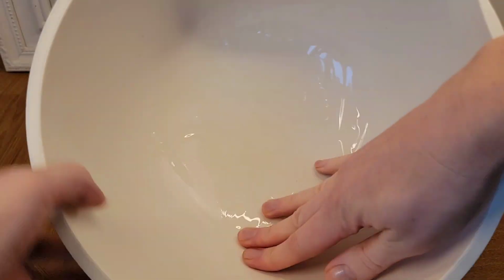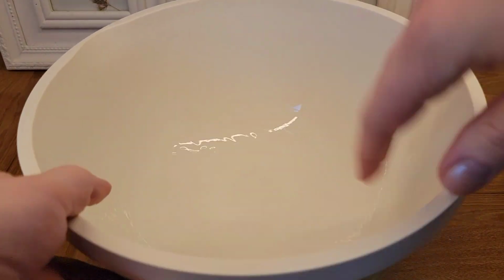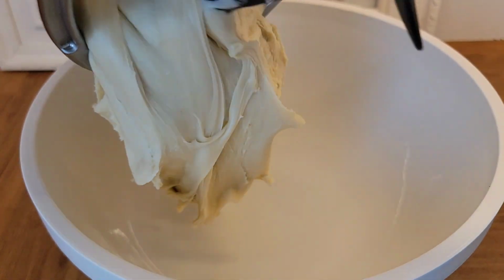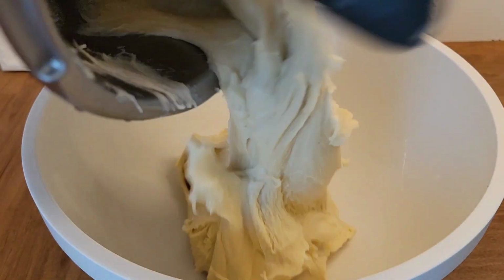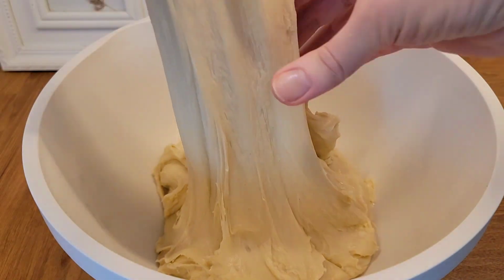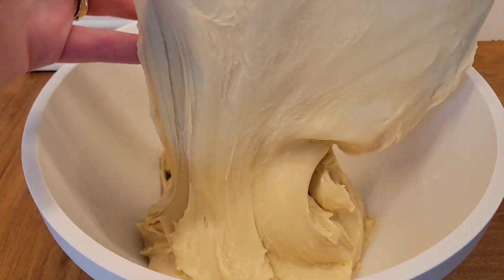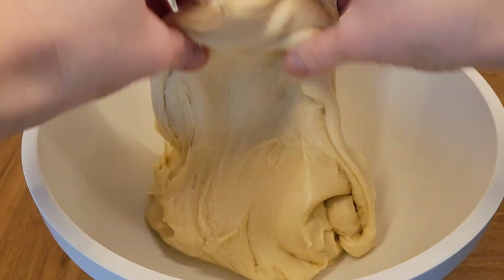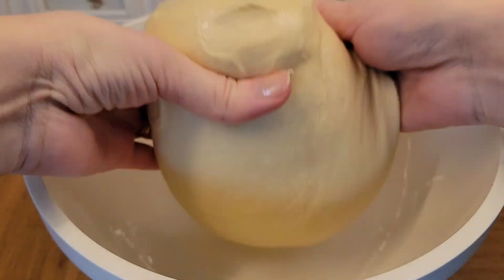So then I oil my bowl, just a little bit, a drizzle of oil so it doesn't stick to the bowl as much, and then I transfer the dough over to my bowl. It's a stretchy dough, so you can stretch it as much as you can, almost see through it. So that means it's good. Then I just create a dough ball, put it back in the bowl, and then let it